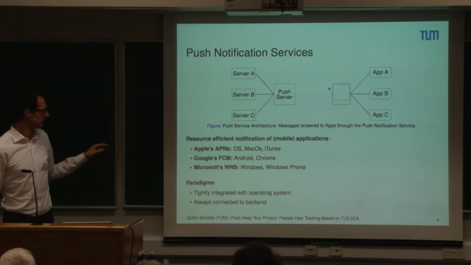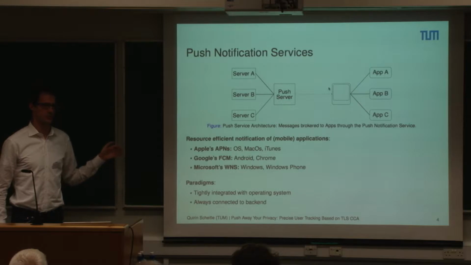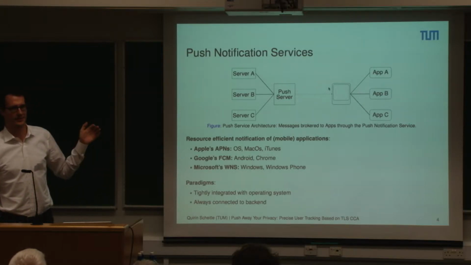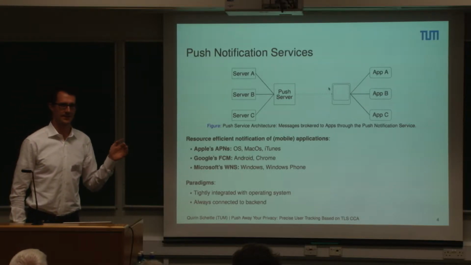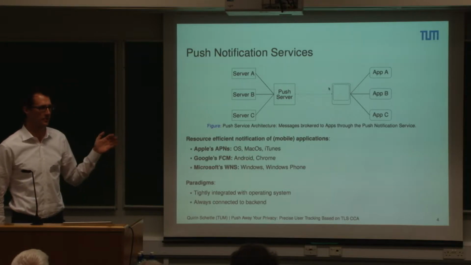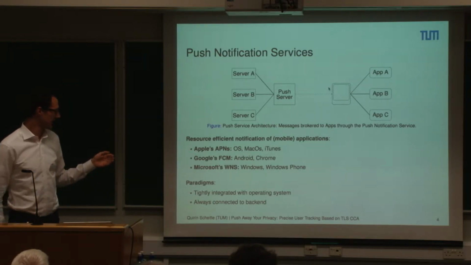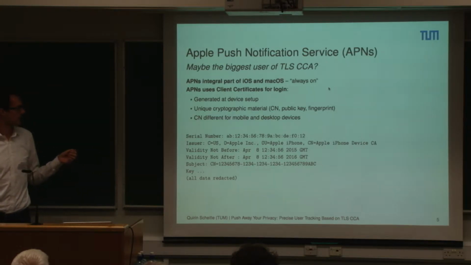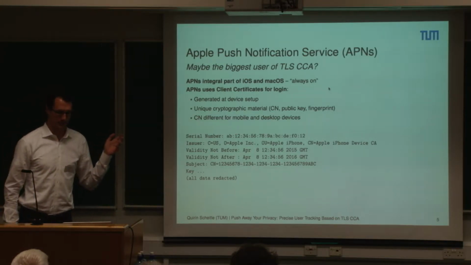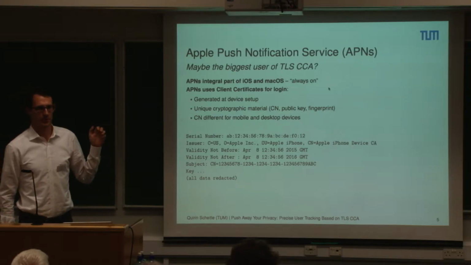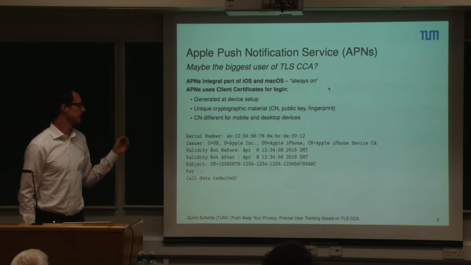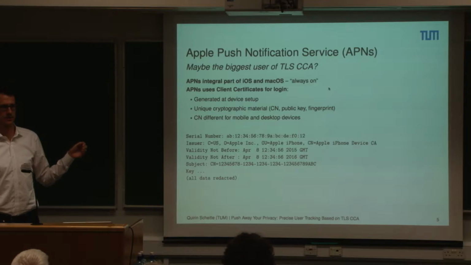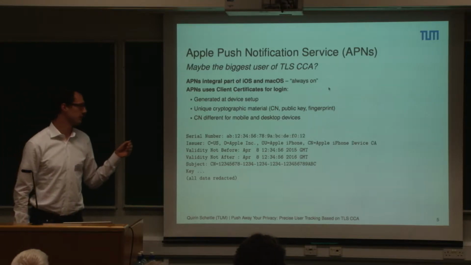The thing is, this is very tightly integrated into your operating system, so unless you've, I don't know, blacklisted DNS or whatever, all your Macs will at this point be connected to this service. And also all your iPhones. And this is kind of critical because it is always on. It is per definition always on. You're always connected to that service. So whenever you connect to a network, this logs into this backend service.